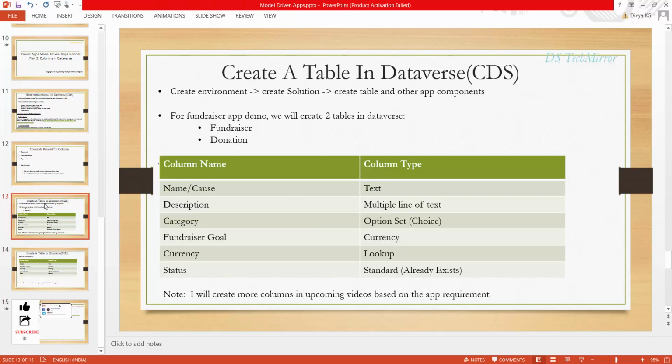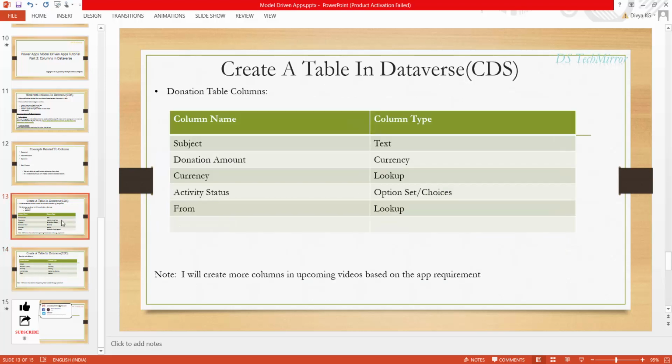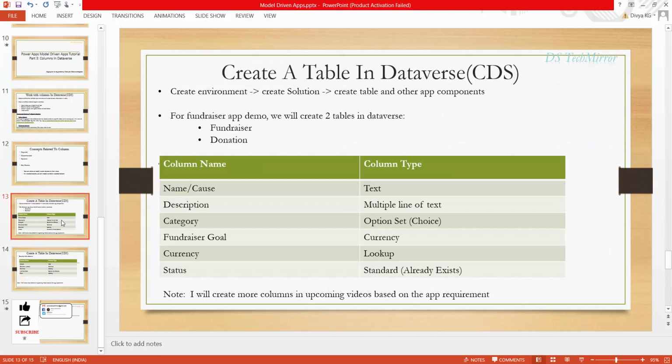Okay friends, so we mostly covered all the concepts related to the table and the columns, other than the roll-up column, which we will see right here in the demo. So let's go forward and create the columns now for our app. This is the demo part for this particular video. With every video there will be a demo. Slowly, with every video we are creating this fundraiser app, and by the end of this tutorial our fundraiser demo app will be